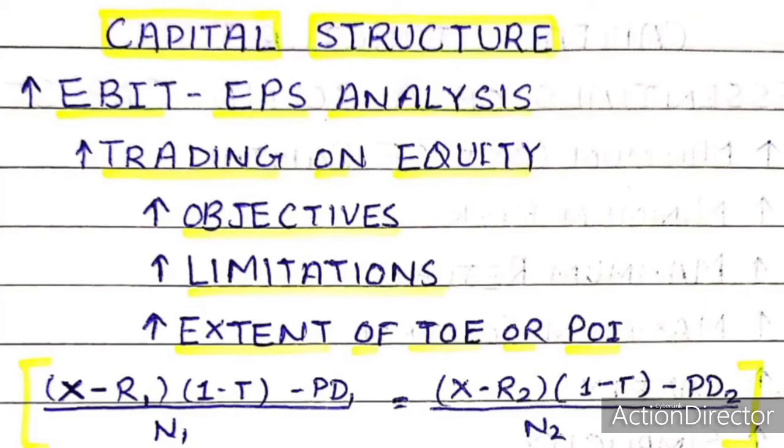In our previous lecture, we have studied the essentials of a sound capital structure, in which we have studied various points like minimum cost of capital, minimum risk, maximum return, maximum control, safety, simplicity, flexibility, alternative rules and commensurate to legal requirements. Today, we will understand the patterns of capital structure or EBIT EPS analysis. So let's get started.